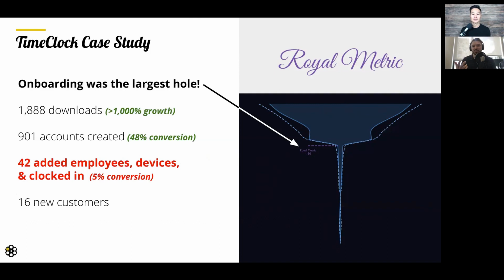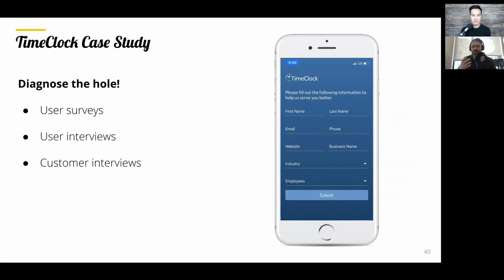The things that we did to diagnose that hole were adding user surveys so that we can capture some more quantitative information of who these people are, who are the people actually using the app that we need to talk more about, so that we have the context when we go to talk to them. The next thing is doing user interviews. So talking to the people before they convert to a customer, because we want to know what they're thinking coming into it and what they're doing through the process before converting. So why aren't they actually becoming fully onboarded?